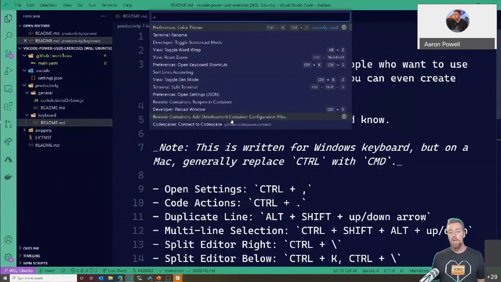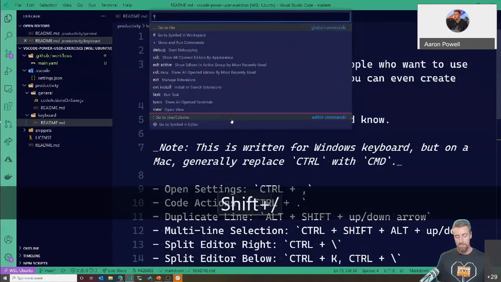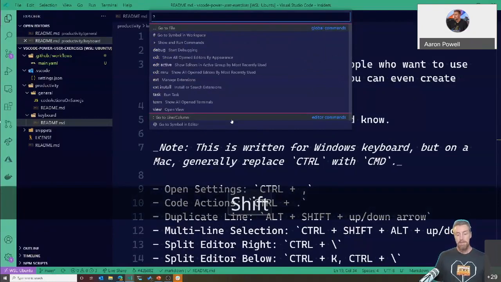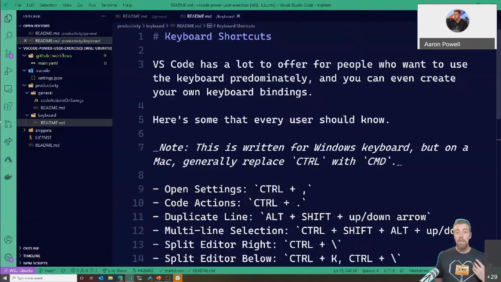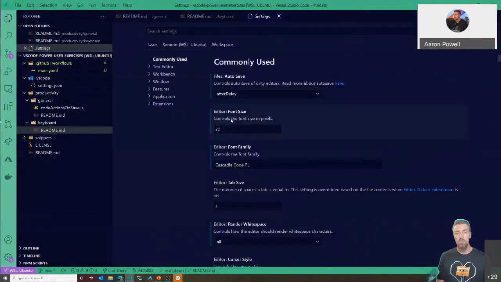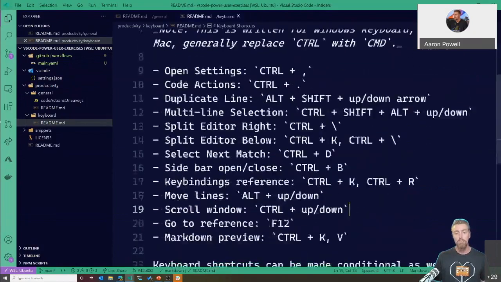Okay, so as I said, Control P, command palette, and then we can do a bunch of stuff off of there. Question mark is the way that you find out all the things that you can do. If you want to get to settings, Control comma will jump through to your settings inside of VS Code. Really easy shortcut to use, particularly if you're changing things frequently. And then there's a little icon in the top right corner that will open the JSON version of the settings if that's the way you prefer to work. Also, some settings you can't do through the UI.